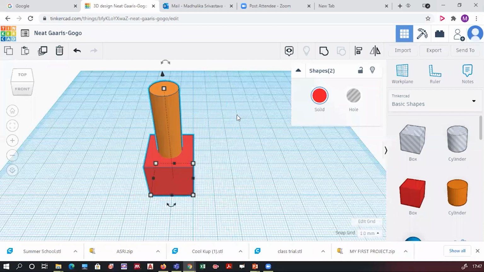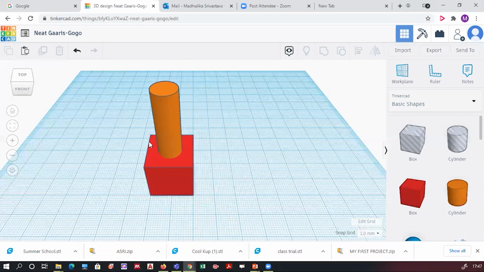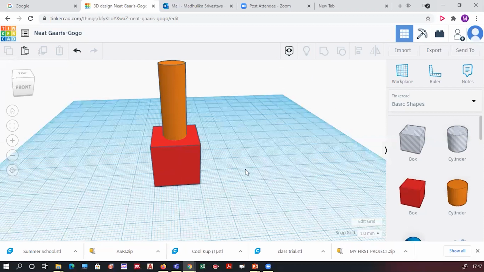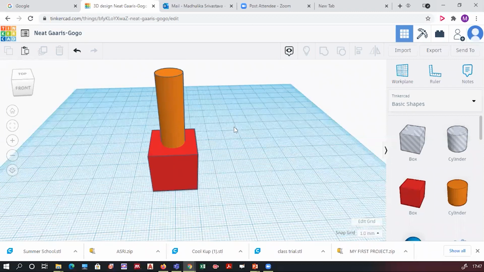Now, how to create a hole? So what I will do, I will create a hole in this box. Throughout you will see how I have created that. Now the first thing I will do is